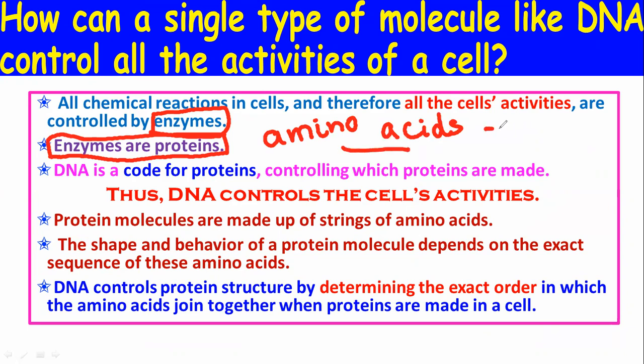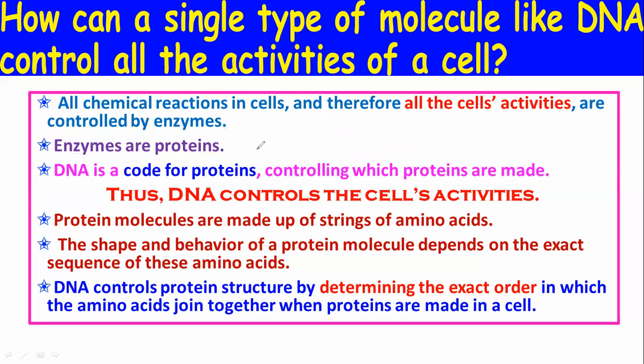And you just remember that amino acids are basically some codes. Like I told you that AUG, that's the start of the, you can say, replication thing. That's August. I used to say that your session starts from August, but it is the code for methionine. That's an important amino acid. So DNA is code for protein, thus controlling which protein must be made.